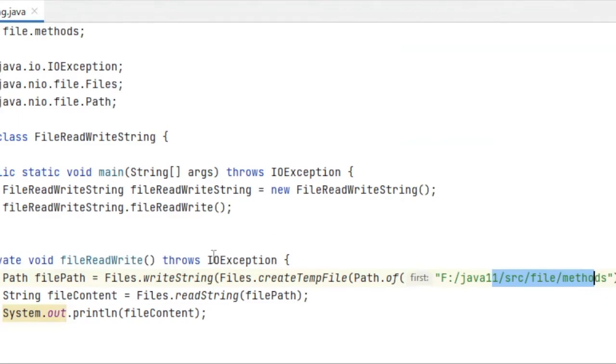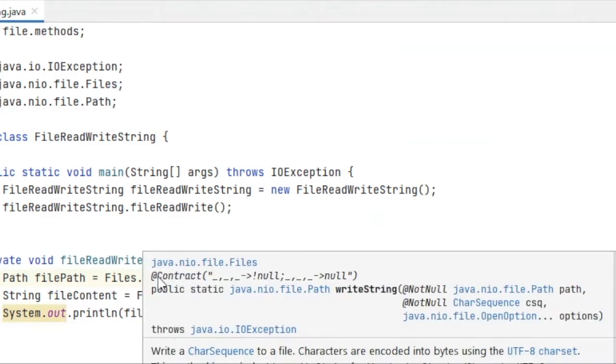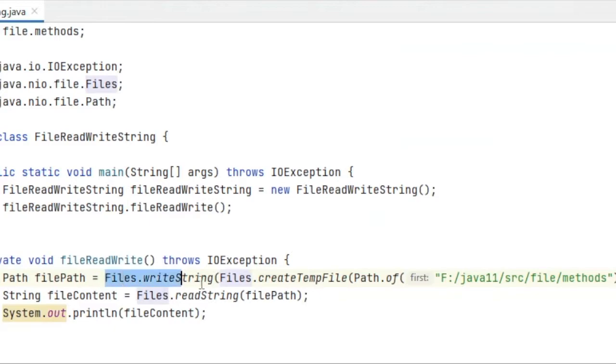All those things which we have had to do manually until now will be handled by this method. So you can say it's a wrapper for all that functionality. We don't have to write the same code again and again, or create a utility class by ourselves and make use of it in our application.